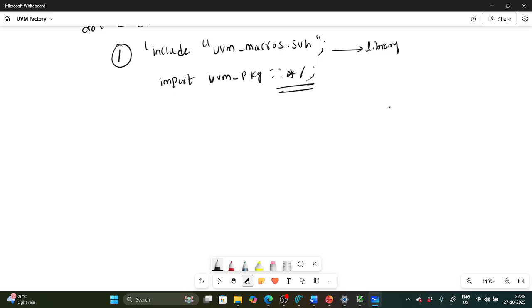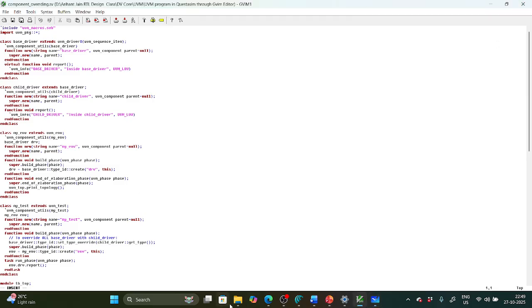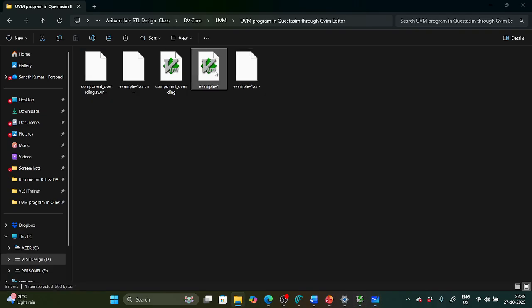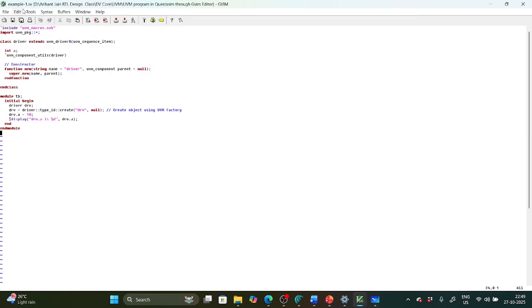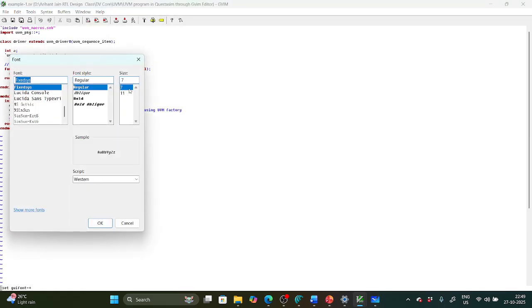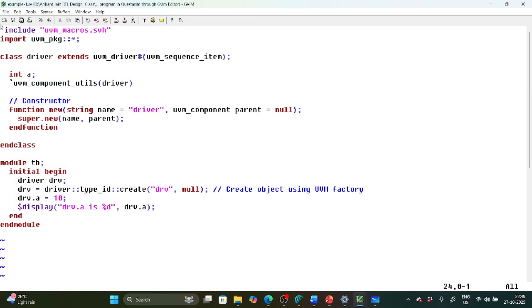Okay, so I wrote a simple program, example 1. If you see here, I need to use `include uvm_macros.svh. This is one header file. And the next header file, I need to import uvm_pkg scope resolution operator star. The semicolon is there, import uvm_pkg::*;